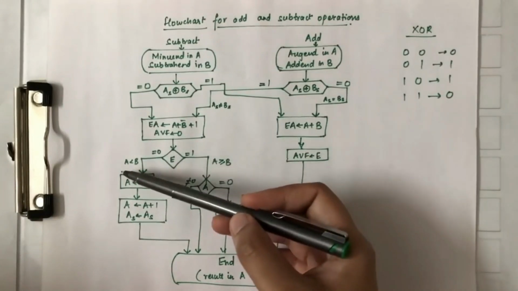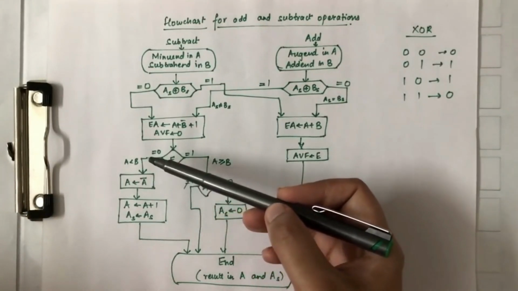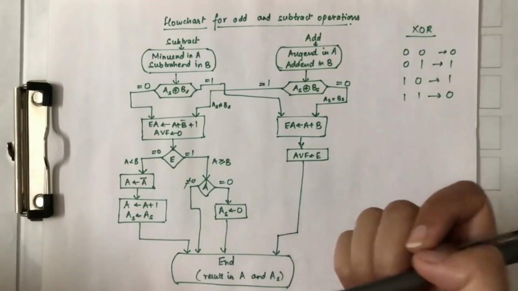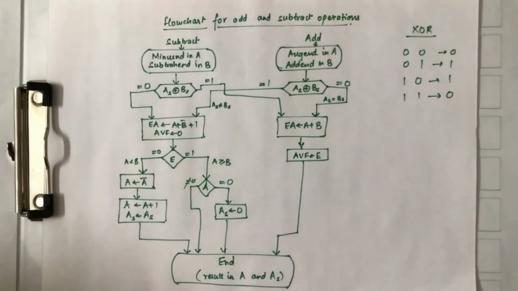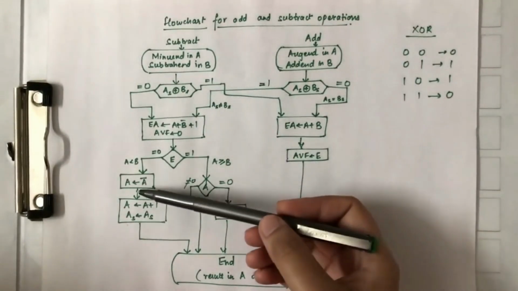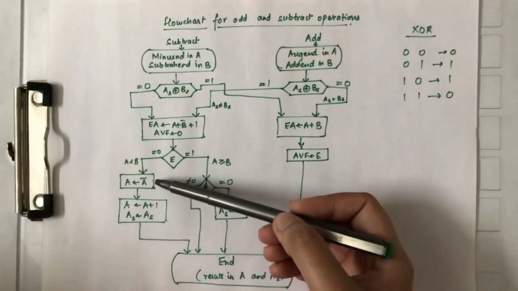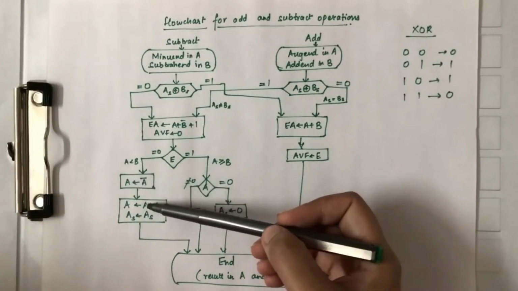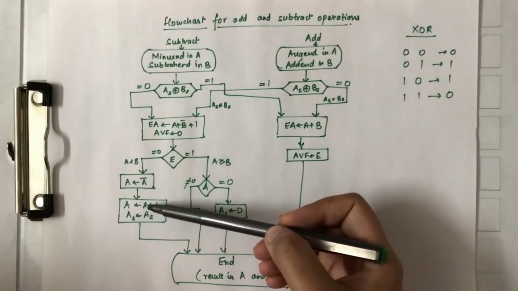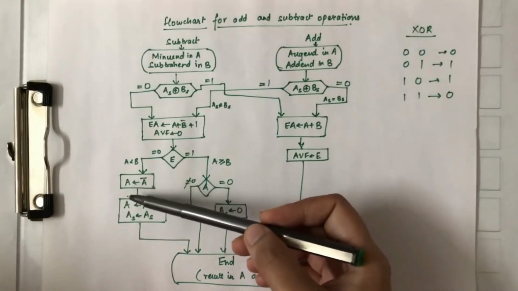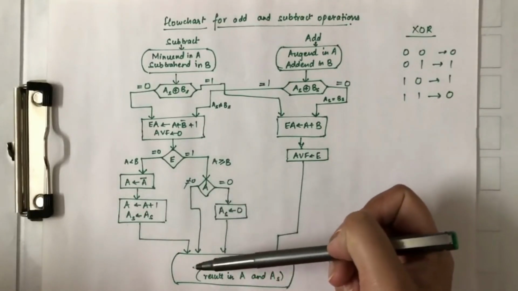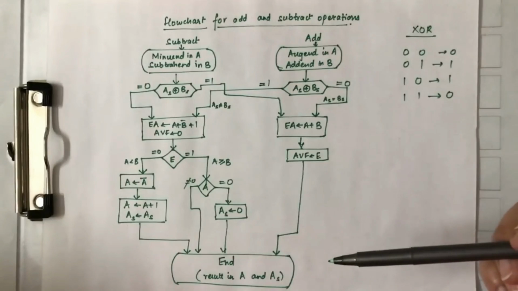In the other case, where A is smaller than B, we need to perform a little operation. Here we need to find the 2's complement of A, because B minus A has to be done. So firstly, we find the complement and store it in A. Now this A is basically A complement, and we add 1 to it and store it in A. This is how we find the 2's complement, and the result is again stored in A and AS.